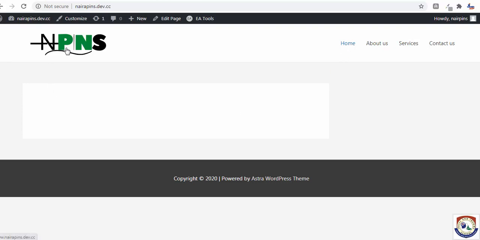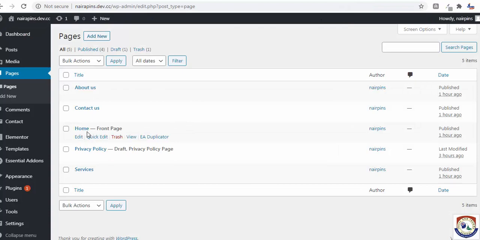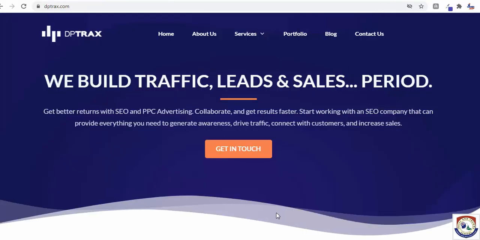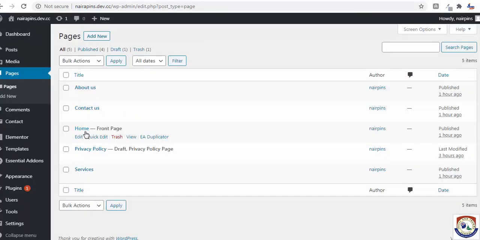You click on this, it will still be the same thing. So can you see it's still the same thing. So now what we need to do is go to the page now. We want to start designing our website related to this website. Okay. Now what we need to do is go to home page, click on home.